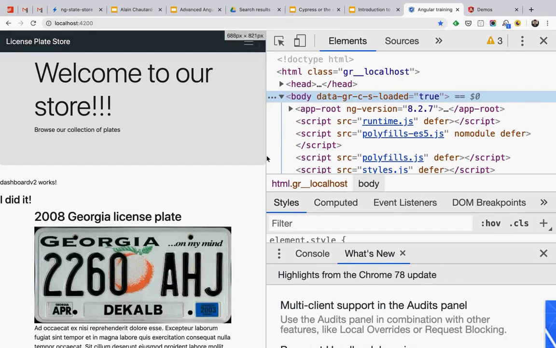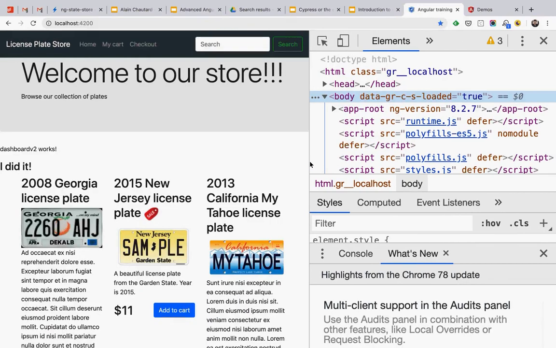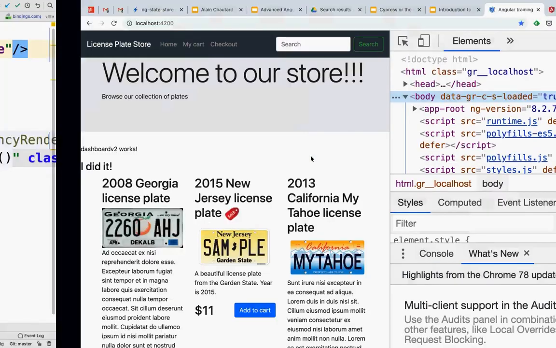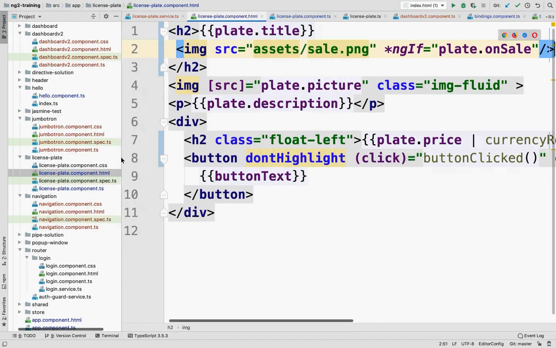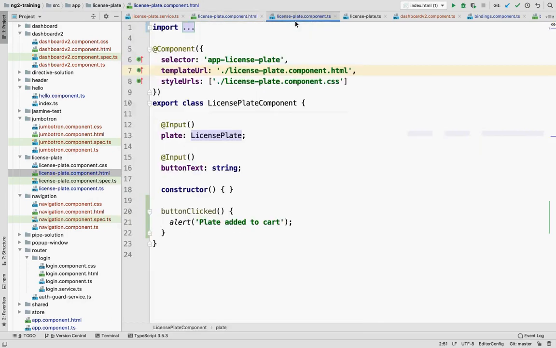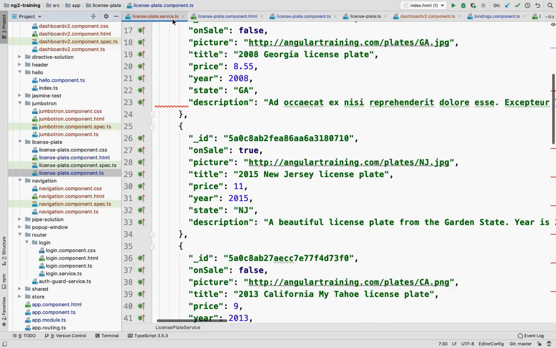sometimes has errors, so yeah, and the best way to debug it. So I'm going to show you how you would do it in dev, and then I can explain how this would work in production if you do want to debug in production. So I'm going to add a breakpoint somewhere in here. So we have a license plate component. Where can I put it?